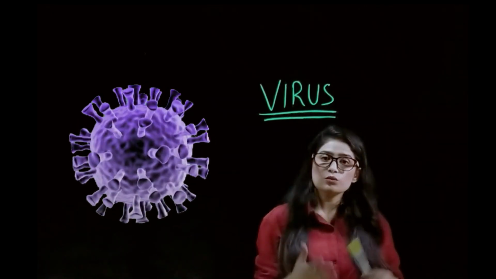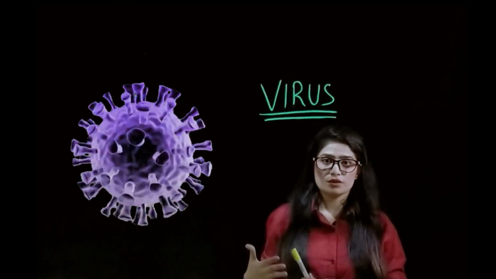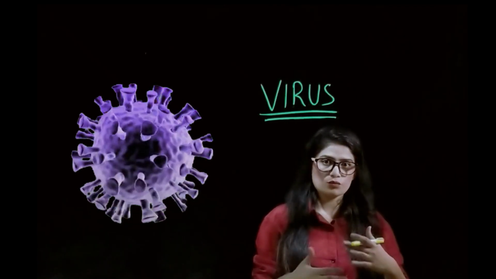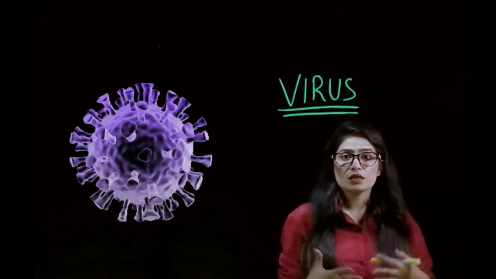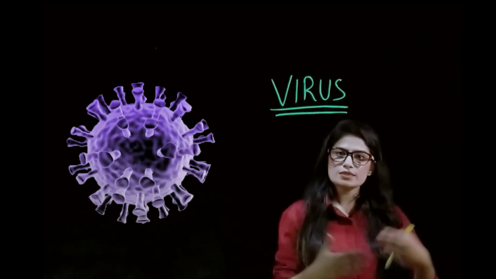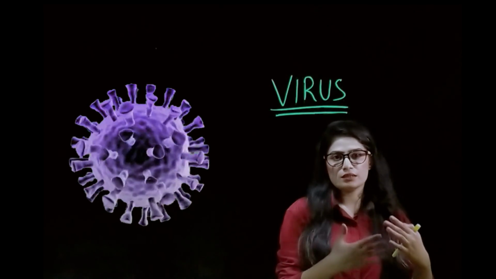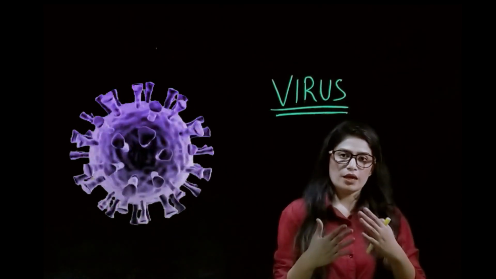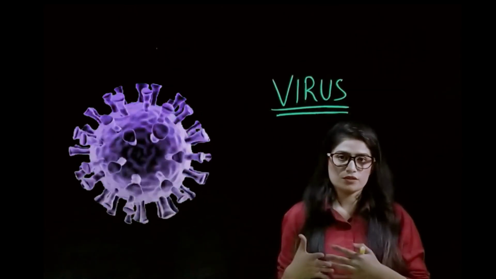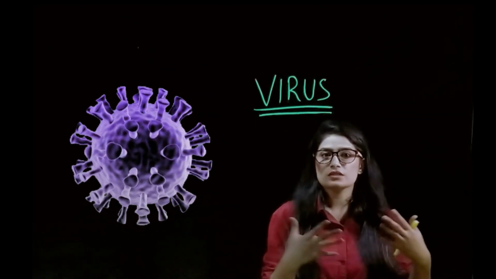And you know what? Only once they enter into a host do they actually start reproducing. They reproduce over there, and they enter the cell via the cell membrane, and the replication rate is very fast actually. We can say an army of the virus is reproduced and they affect the whole cell. So once it enters into the cell, it infects the whole cell, and that infected cell releases this virus and affects the other cells, and we can say the whole body is infected by this virus. So that's why we get sick, and that's why infection spreads.